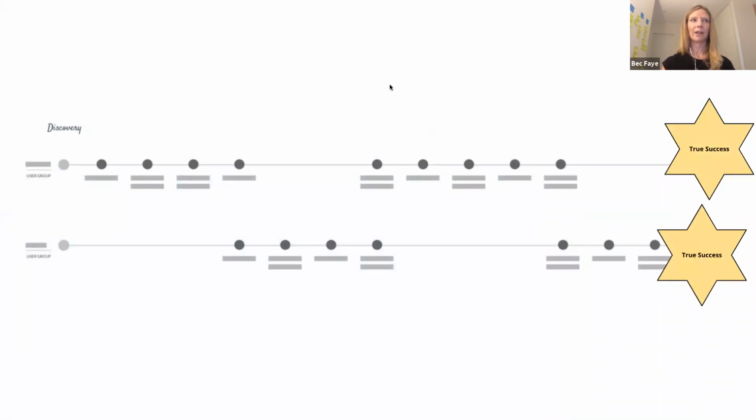Now, I'm sorry, that graphic's a little bit on the blurry side, but you'll get the idea. If you imagine this top line here is your supply side, and the line down here is your demand side. As you can see, they both move through their own path to their own true success, and there are a series of points along here that have to happen to make that successful. Now, your job as a marketplace entrepreneur or founder is to get people from A to B as quickly and effortlessly as possible. I'm going to go into more details on that soon.